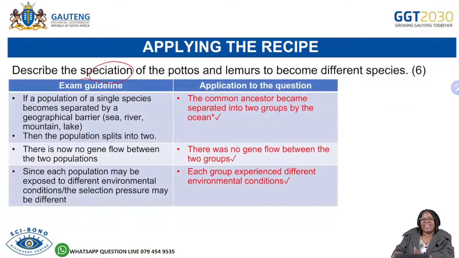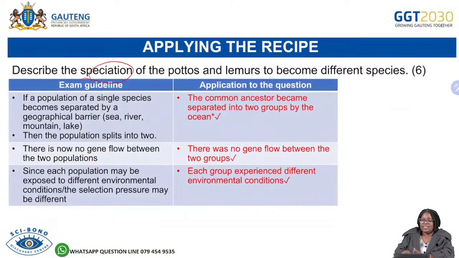In this case, we are being given a scenario of the pothos and lemurs, right? This is application to the question. This is when it is just general, okay? Now, when it's general and you are describing speciation, let's check. If a population of a single species becomes separated by sea, river, lake, there is no gene flow between the two populations. It's important also so that you don't lose your marks. The population splits into 2, then there will be no gene flow between the two populations, since each population may be exposed to different environmental conditions. So this is a general